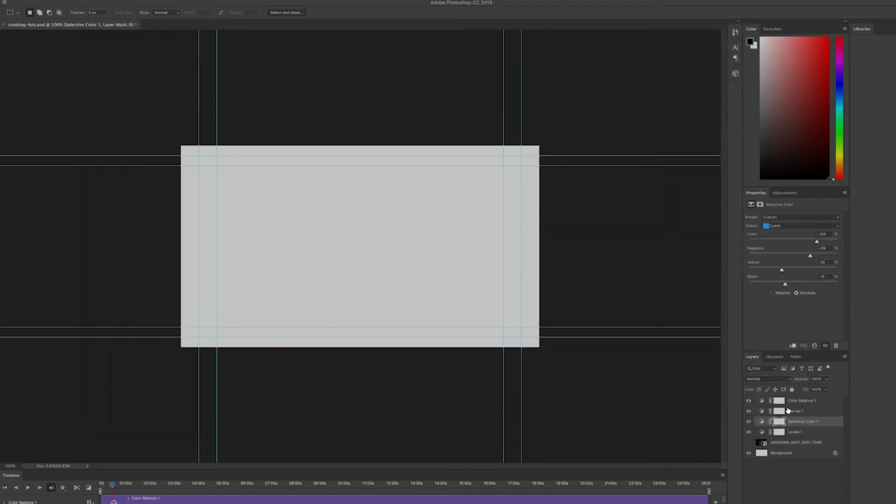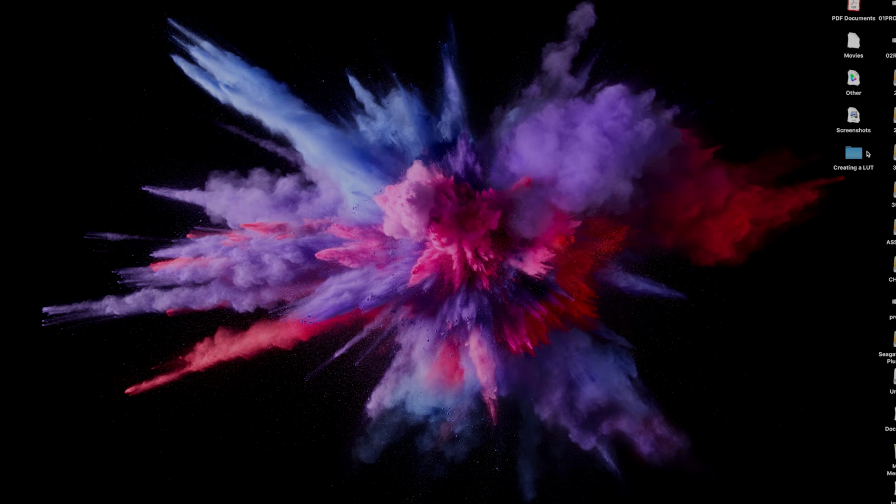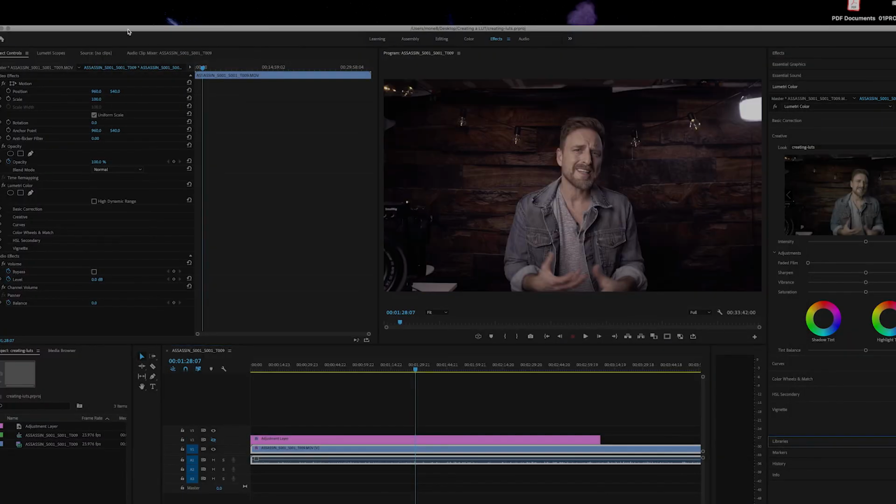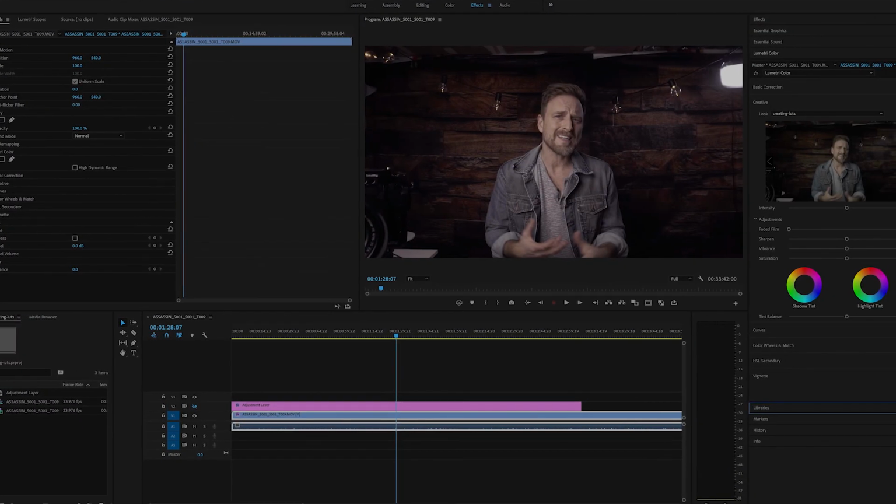So now we can actually leave Photoshop here, so I can quit that. Let's save it. And again, now if I go into Premiere and open up my project, let's take a look at that. So I've already created an adjustment layer for this particular clip, but if you are not familiar with an adjustment layer, let me just show you how to do that